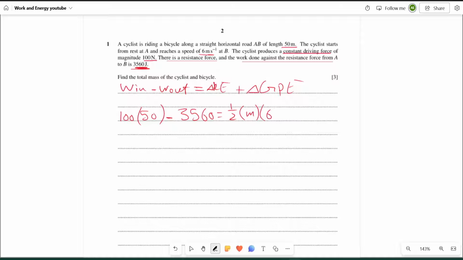squared, which is 6 squared, minus, it started from rest, so velocity initial is 0 squared, plus, did it go up or down? It just moved on a horizontal road, so it started here and ended up here. There is no movement up or down, there is no delta h, so GPE is mg times 0, or just plus 0. So from here, that's 500, let's do 500 minus 3560, so that's going to give us negative 3060 equals 6 squared is 36 times half is 18, so that's going to be